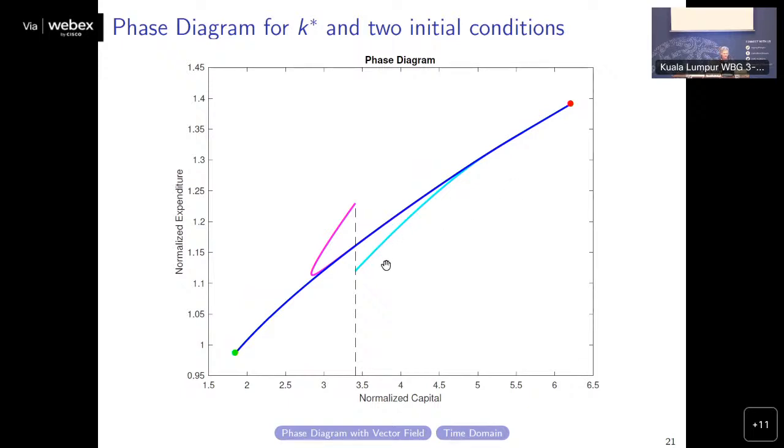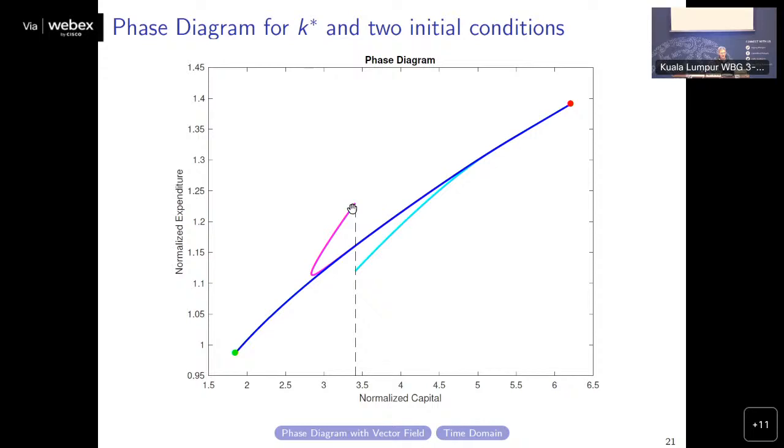Let me give you this example. In a typical model, there's a third dimension here, which is productivity or time. Usually a balanced growth path is a single point that the economy moves to in consumption-capital space. Here, this is the agrarian balanced growth path, and this is the service balanced growth path. And you move from here to here over time. That's the dynamics, and this is trying to show you this third dimension.